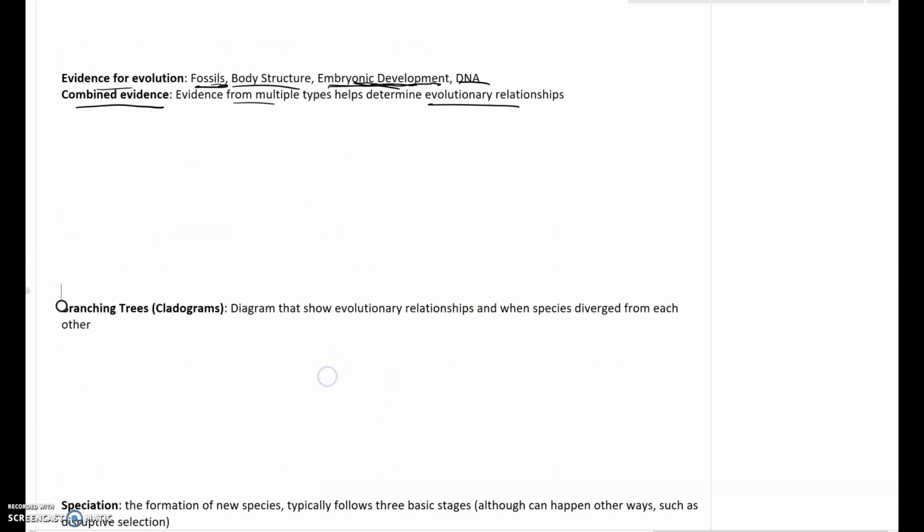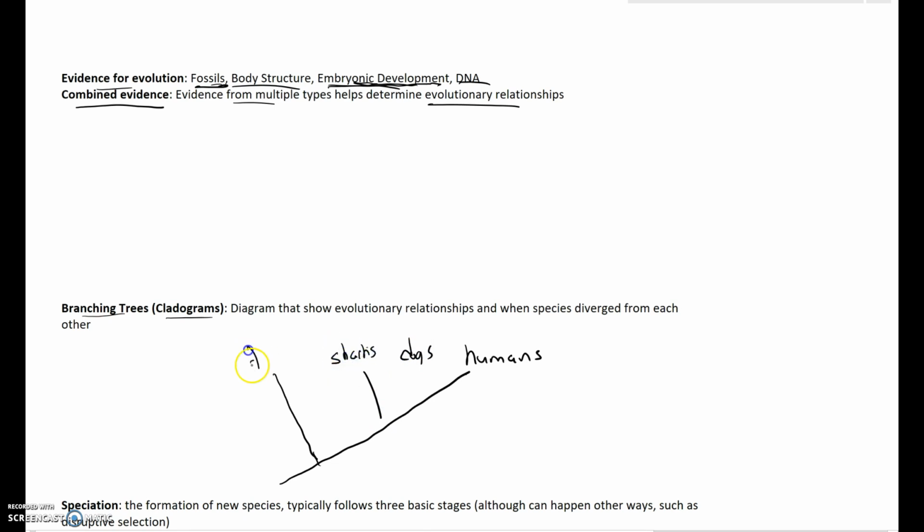And as we put that together, we can build what's called a branching tree diagram, or a cladogram is the more technical name for it. And this would show the relationships between individuals. So say at one point in time, here currently we have humans, and dogs, and sharks, and trees. At one point in time, we all shared a common ancestor, and then trees split off,